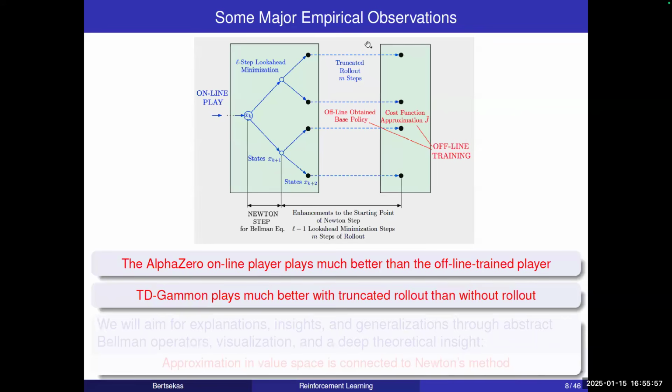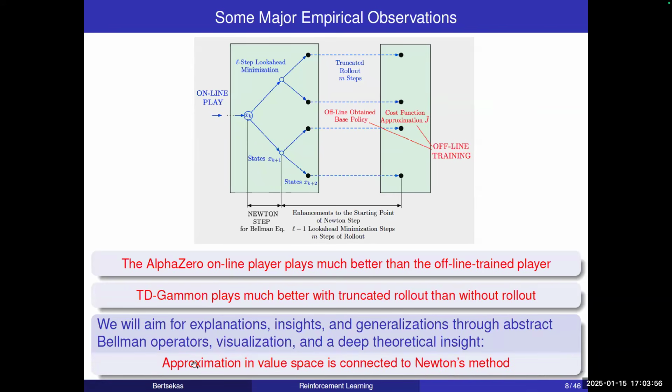The only problem was that this simulation here was very time-consuming. So this player could not play in real time. Current implementations of TD-Gammon, which you can find on the internet, do not have a substantial middle portion here, and they will give you a pretty good game. But anyway, the important fact here is that this truncated rollout to extend the length of a lookahead can be very beneficial. Okay, so I think we stop right here. The fact that the AlphaZero online player plays much better than the offline trained player, and also that in TD-Gammon, rollout